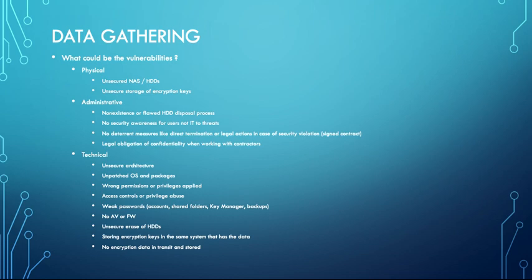Some technical vulnerabilities that you could have is because you are having an unsecure architecture. You have an operating system or packages that are unpatched. You are using wrong permissions or privileges. Can have flaws in access controls or having some privilege abuse cases. Using weak passwords, no antivirus, no firewall. Unsecure arrays of hard disk drives. Storing encryption keys in the same system that has the data. So for example, on Synology, you can store the encryption key in the system partition, which is something that should not be recommended. And no encryption